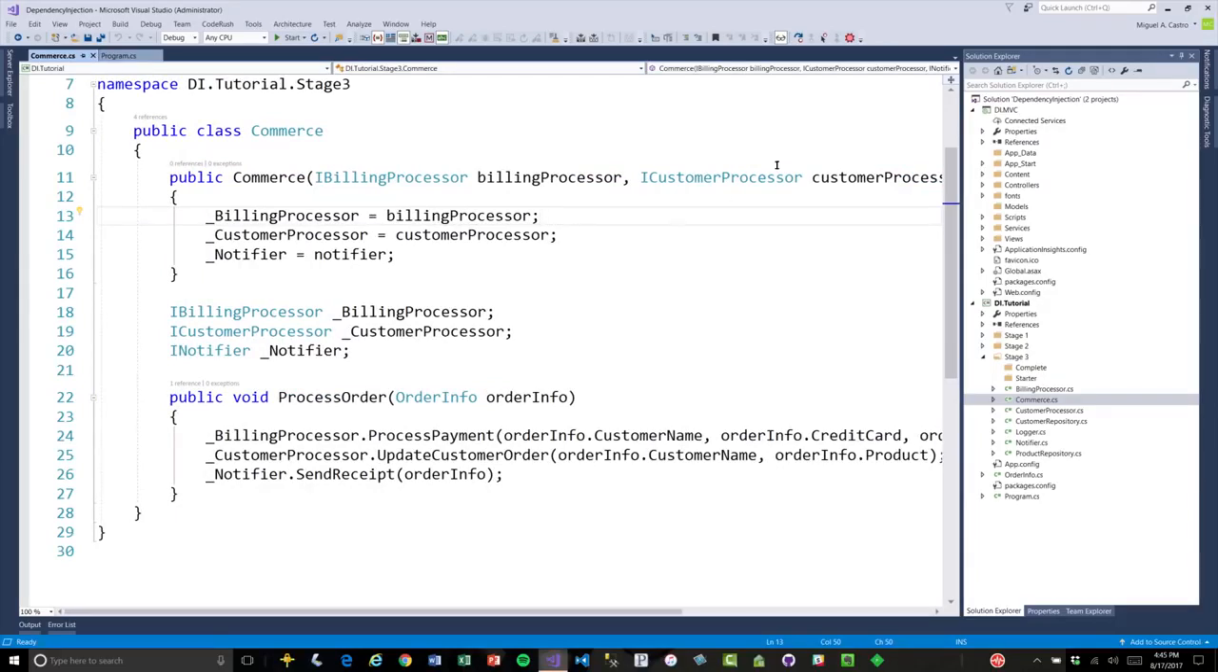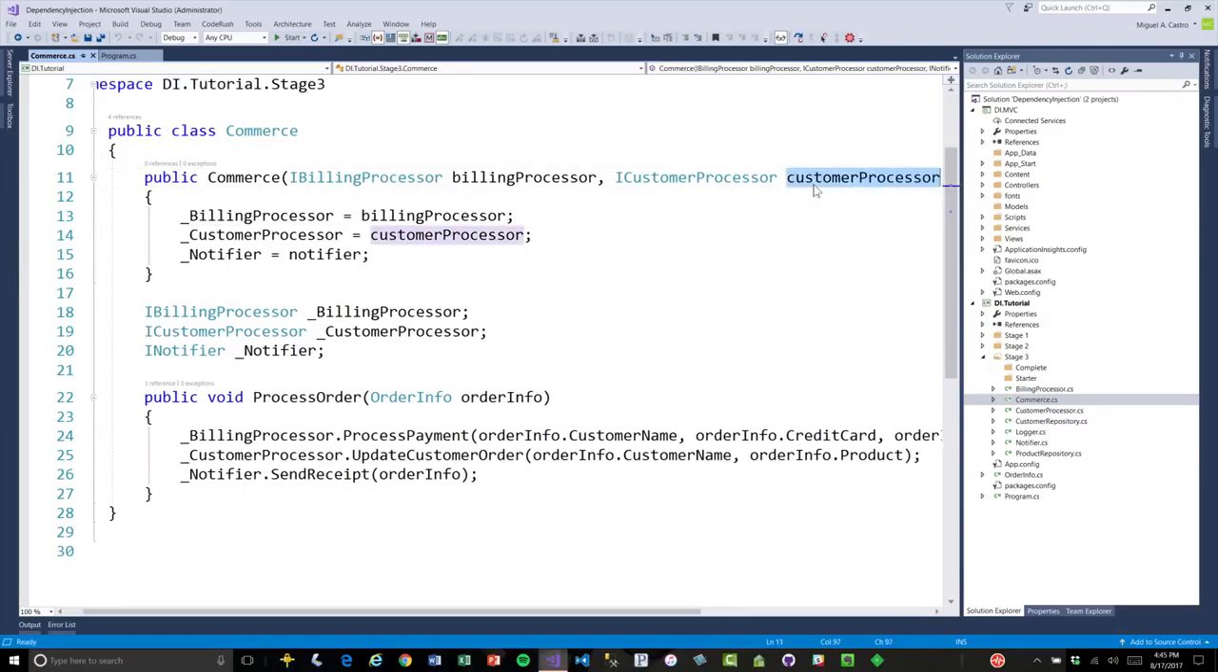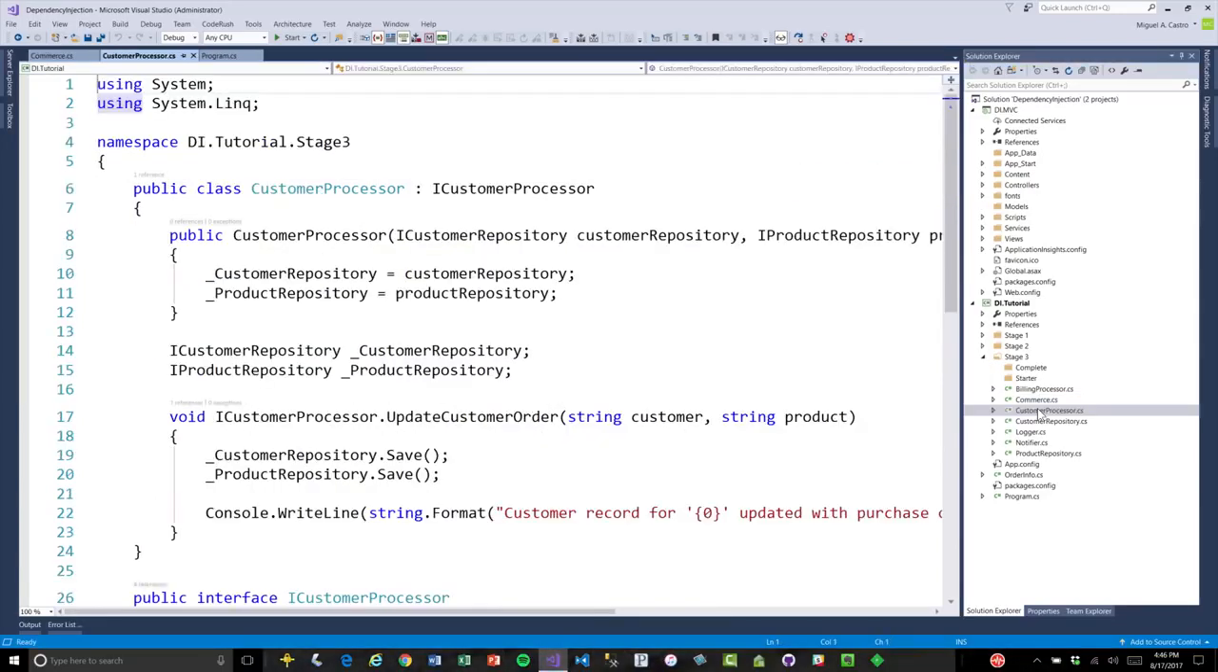And when it injects the customer processor, it resolves that prior to this. So by the time it has something to inject right here, it's taken care of making sure that these dependencies are resolved. So that's how it solves the resolving process. Now,